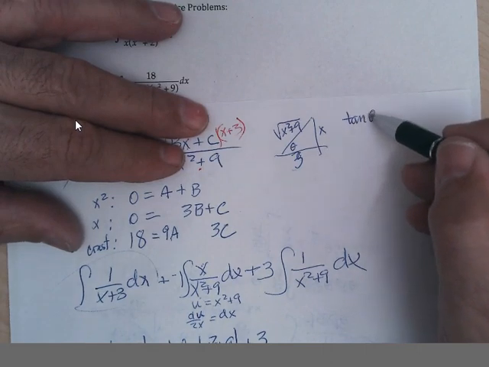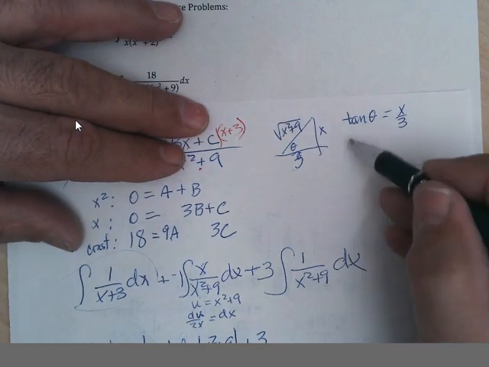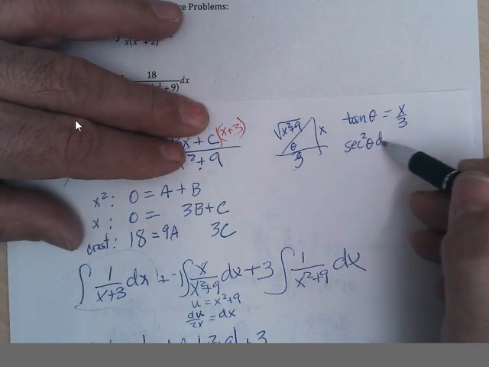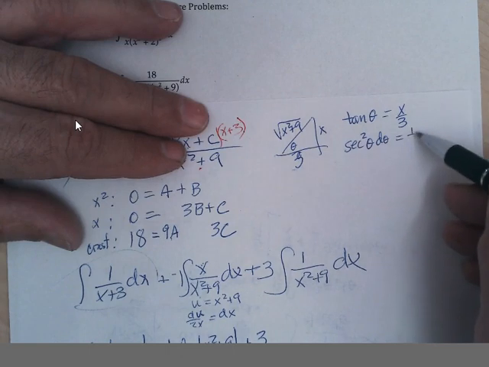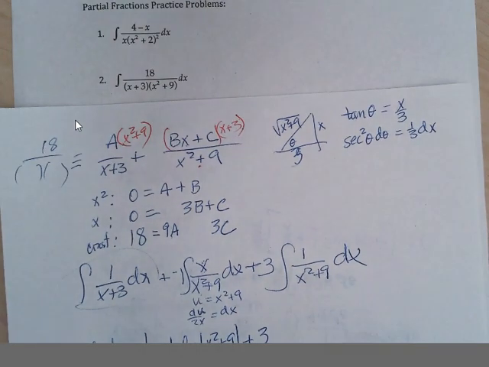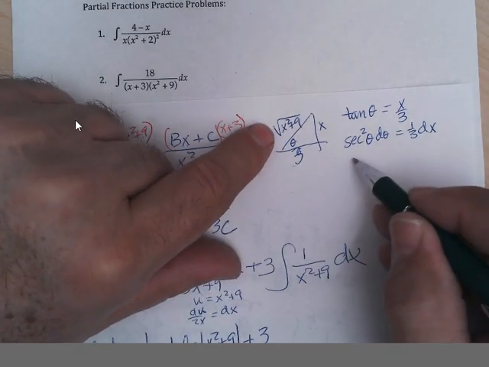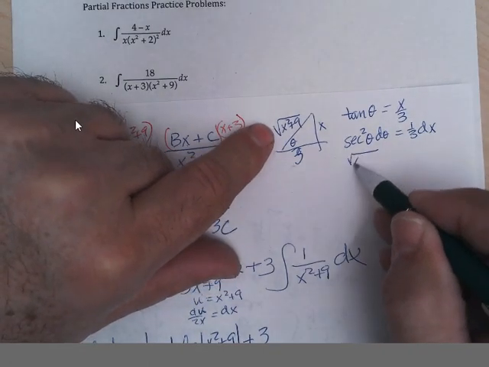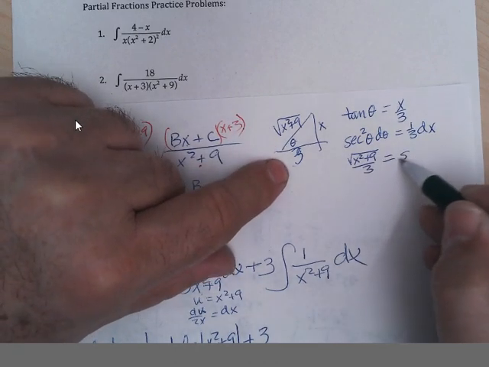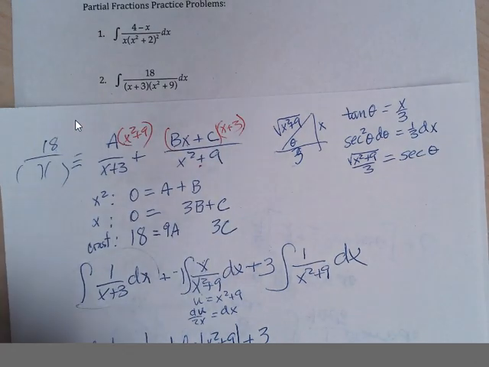Tangent of theta is the simplest. It's x over 3. So the derivative, secant squared theta d theta equals 1/3 dx. And the mess, using the constant, square root of x squared plus 9 over 3, is the secant of theta. And we get